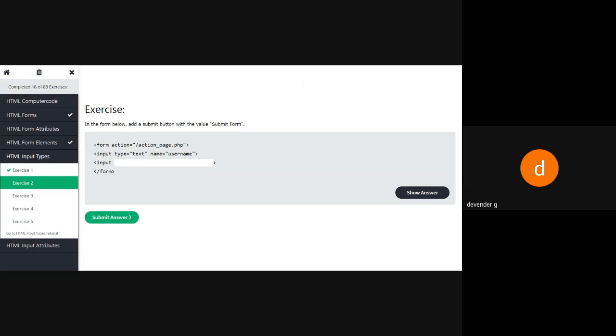Can you tell me the answer, Ketan or anyone? So what do I have to write here? I need a submit button and the value should be submit form. What do I have to write? Any idea?